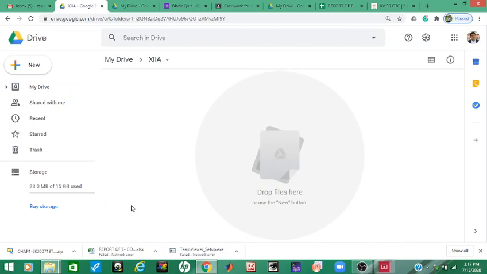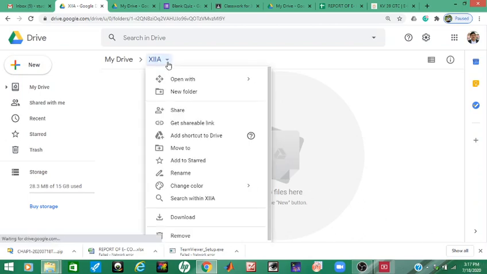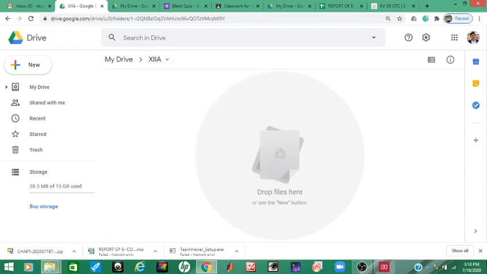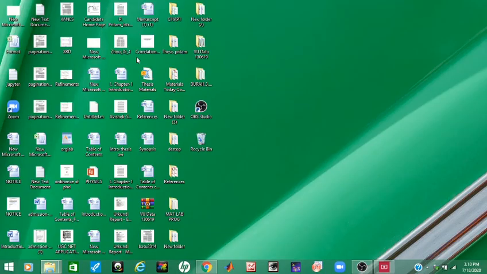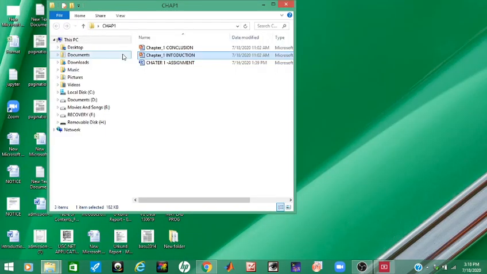Now here I can drag and drop files. Suppose my file is on desktop, so I am selecting introduction page.